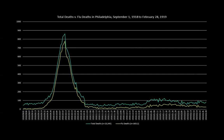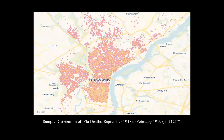And we can see that it did continue into the fall, but certainly that dark October was a terrible time to be in Philadelphia. Other information we can get is by looking at distributions of flu deaths. This is just something I use to help me in my research. This is not what's going up in the exhibition,